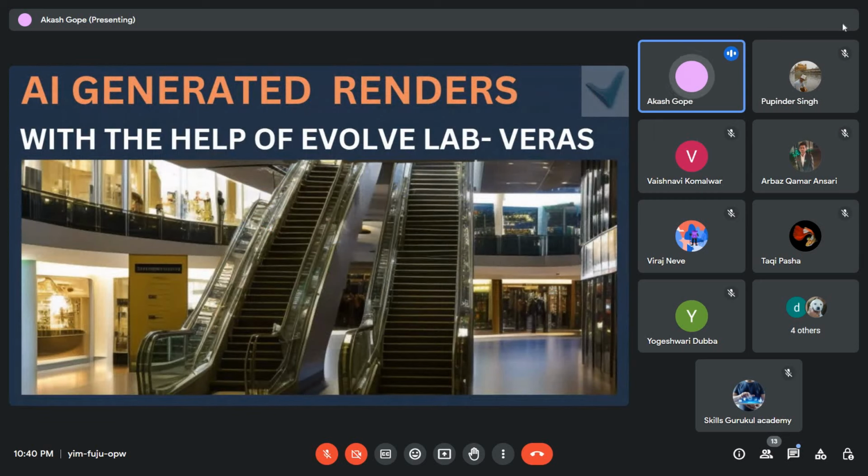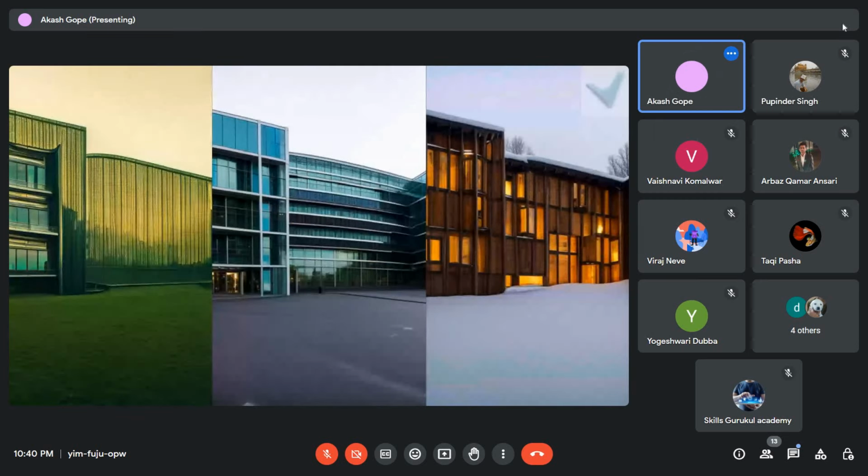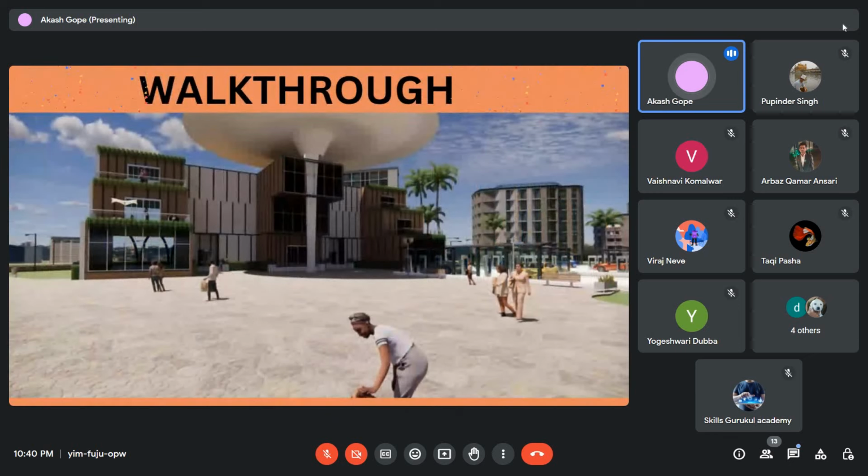This is all AI generated renders with the help of Evolve Lab, whereas inside of that mall, this one is a restaurant and bar, AI render. This one is a sports arena. Now,